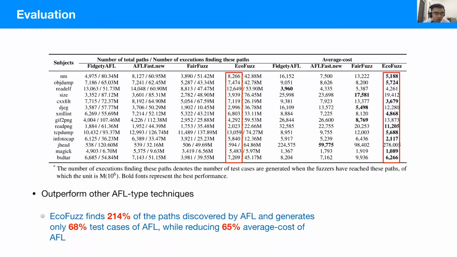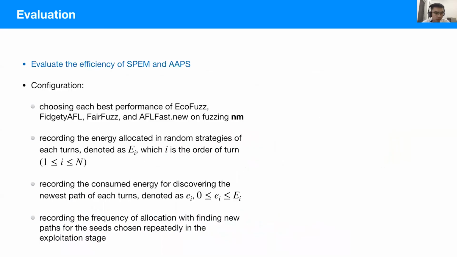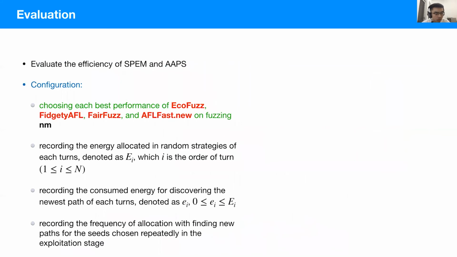From this table, EcoFuzz outperforms other tools on average cost. For example, compared to AFL, EcoFuzz finds 214% of the path coverage and generates only 68% of the test cases, while reducing 55% of the average cost. We also evaluate our schedule algorithm by choosing each best performance of EcoFuzz, fragile AFL, FairFuzz, and